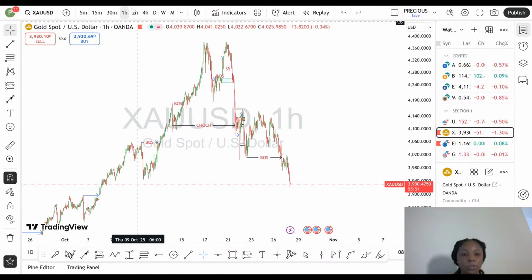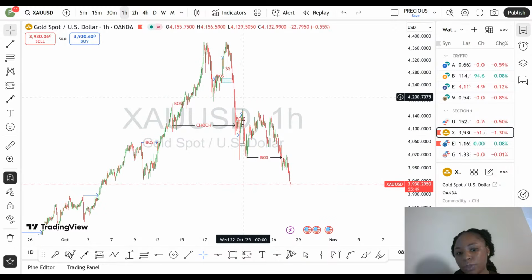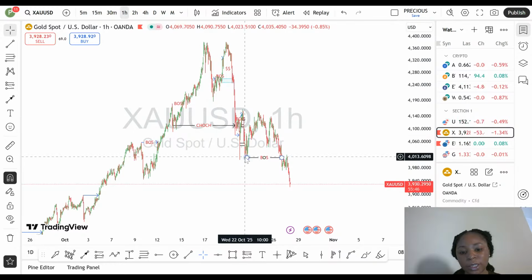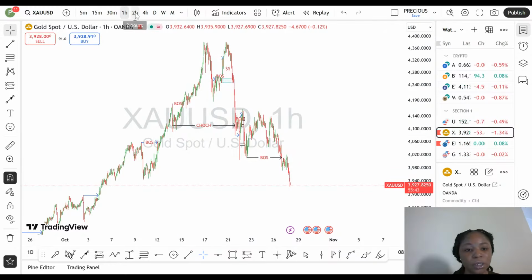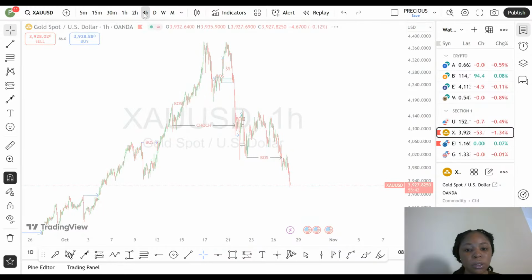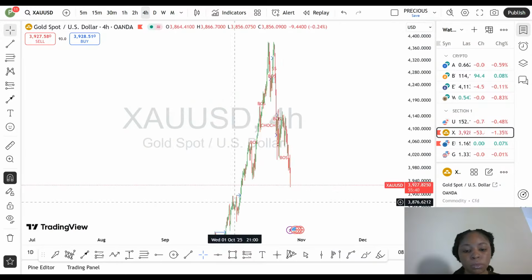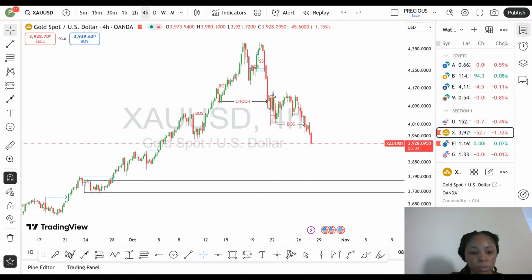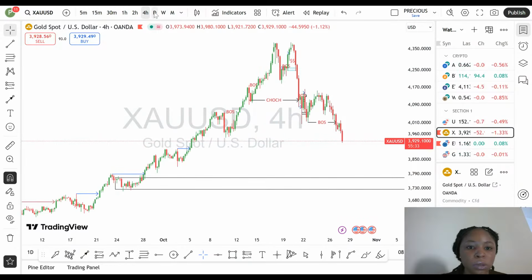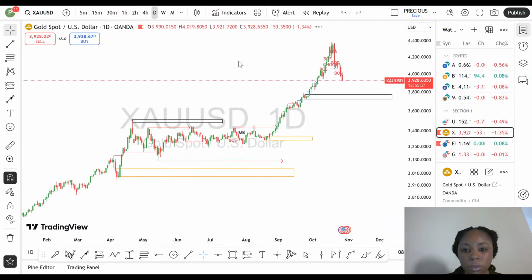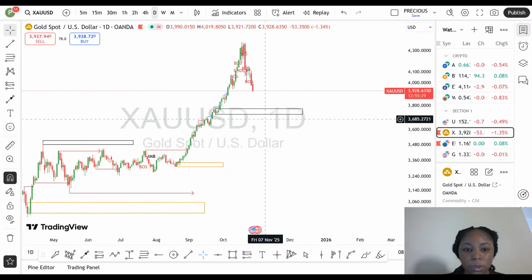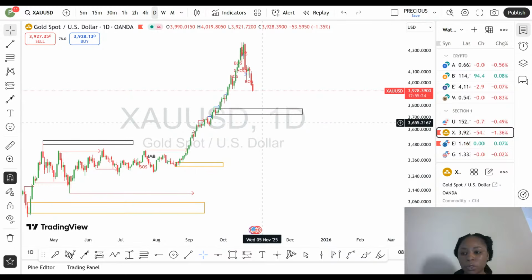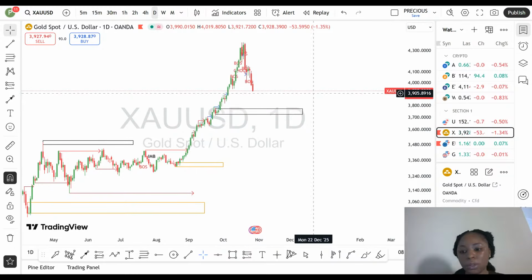It's confirmed that we are in a bearish market because we have a break of structure, a change of character here, and then we have a break of structure to the downside here. Okay, so you guys can see we have a support level here. So let's see what is going to happen from there. Well, gold is quite